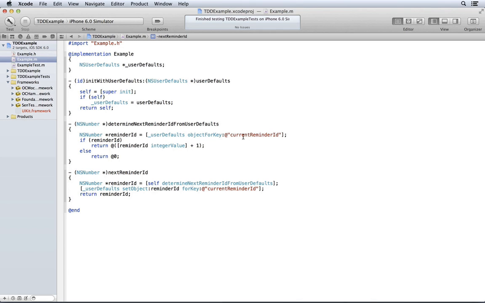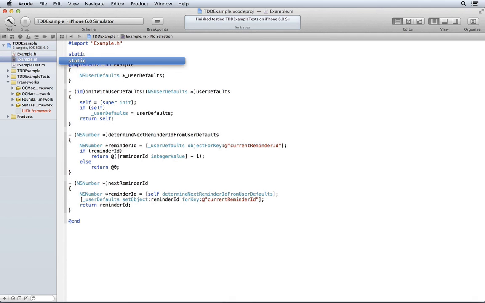Now, I still don't like this. Look at this. We've got this key repeated here, here. Now it's kind of split across two methods. Let's pull that out into a static.